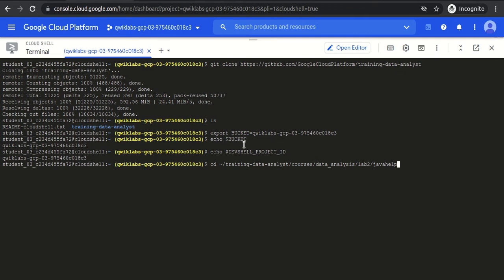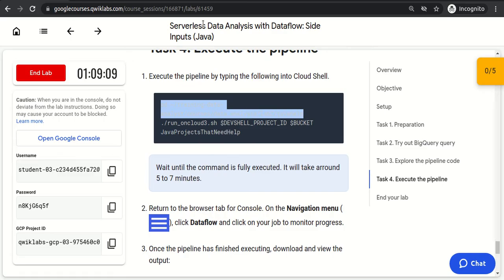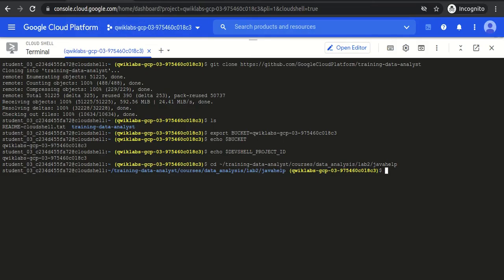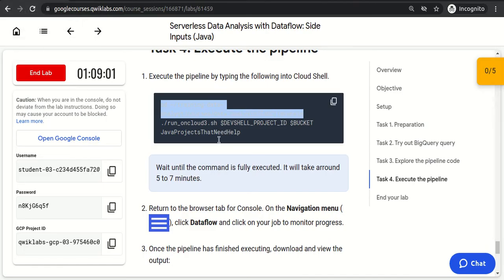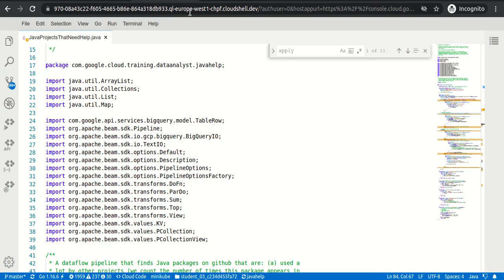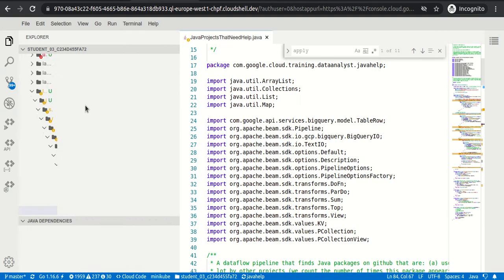So let's go to the particular folder first, and after that we have some script available. And what is the name of the script? OwnCloud3.sh. So let me open OwnCloud3.sh as well.